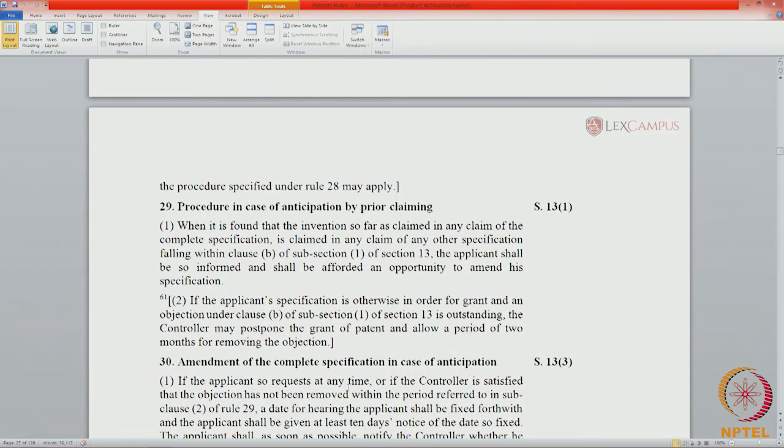The gist of the specific objections is communicated and an opportunity is given to amend. Now, the applicant can contest that or refile his specification and he can request an opportunity to be heard, and he shall be given an opportunity to be heard, and there are timelines for the hearing.